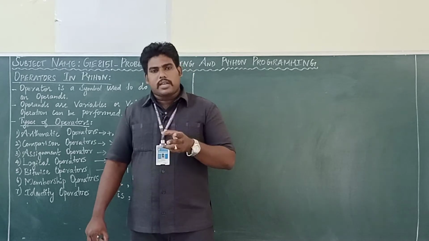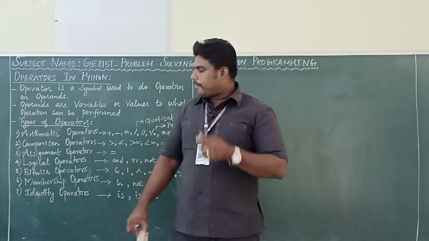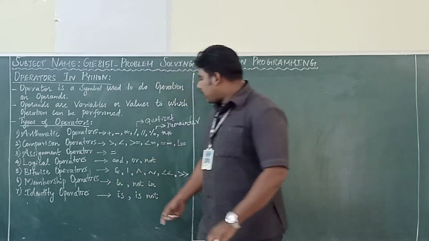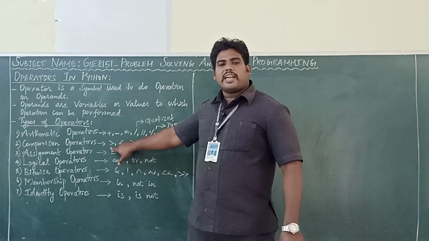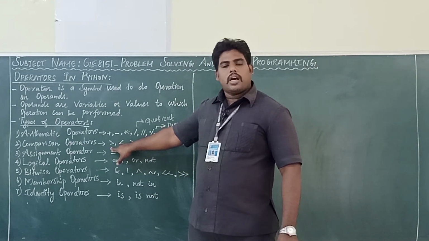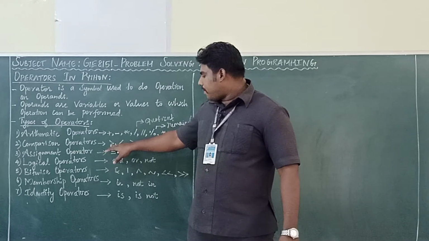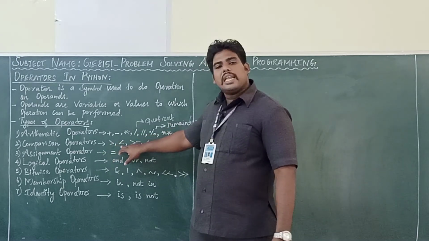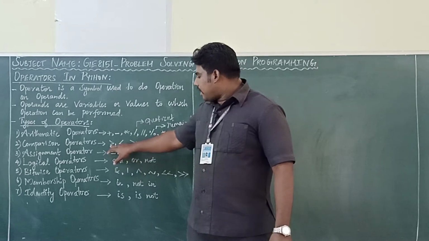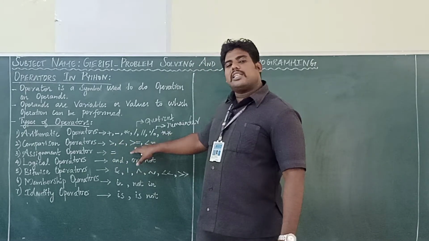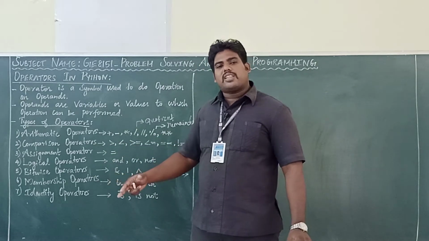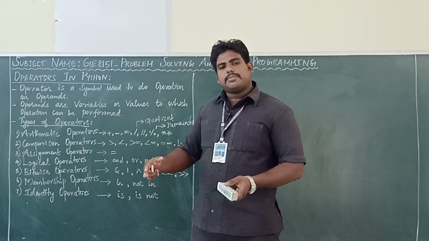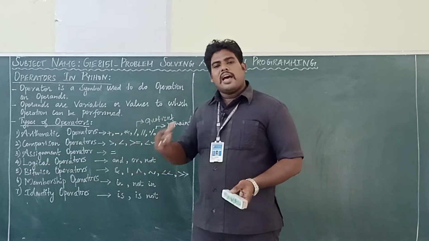What's the other name of comparison? It is relational operator. Okay, so what are the symbols? A greater than B or B greater than A, like that we are comparing, right? So it is the greater than symbol. This is the less than symbol. Greater than, less than, and greater than or equal to. What's the meaning of greater than or equal to? It accepts the number being greater as well as equal.